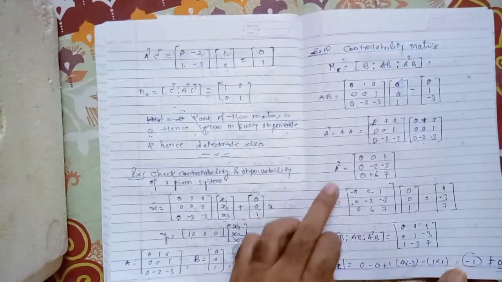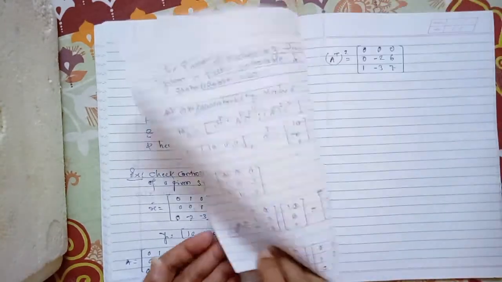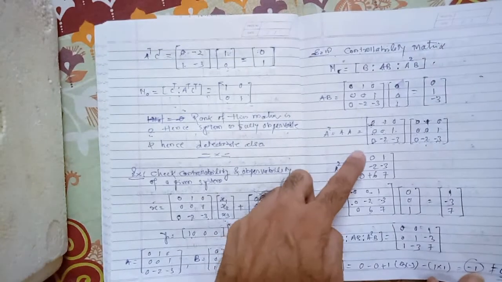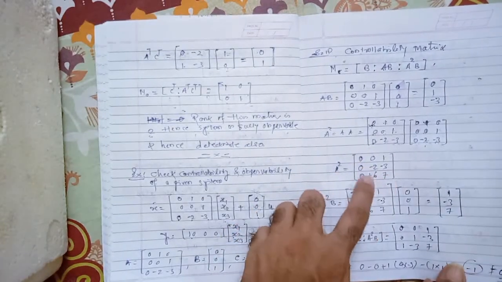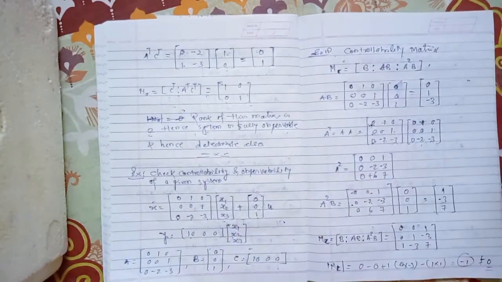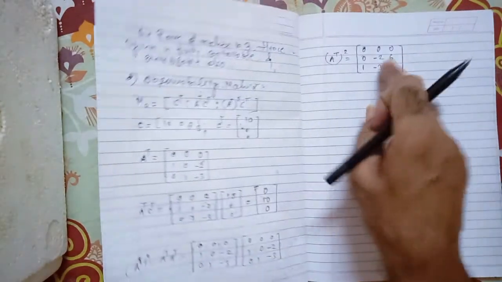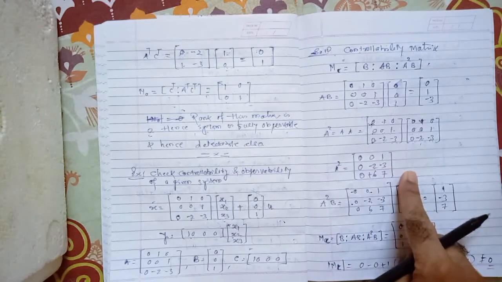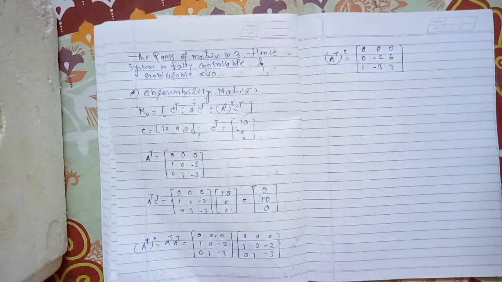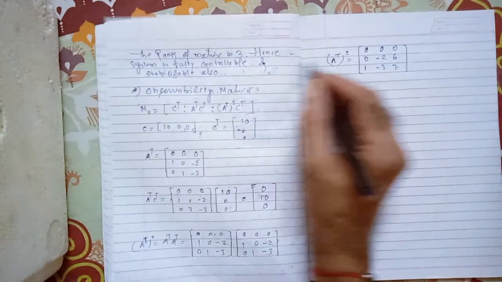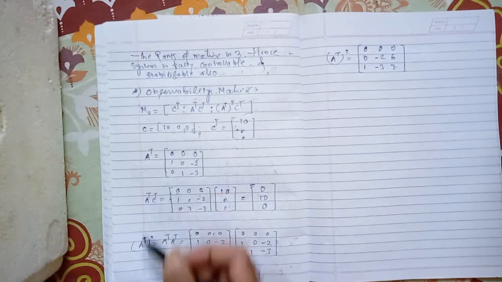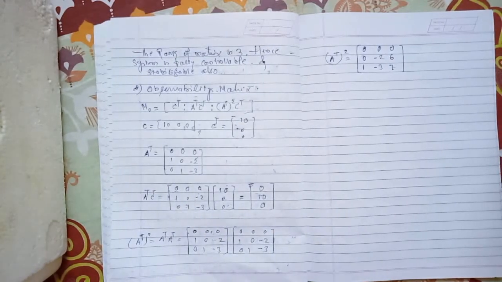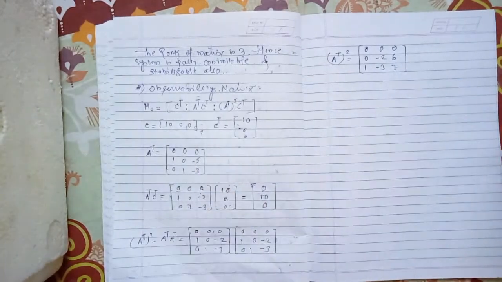See here, A square कितना आया था? 0 0 0 0, 0 minus 2 minus 6. इसका हम लोग उल्टा ले लेंगे तो क्या हो जाएगा? ट्रांसपोज ना. ए स्क्वायर का अगर हम लोग ट्रांसपोज ले लेते हैं, सो दिस बिकम्स व्हाट? This one. But anyway we will calculate like this one. First we find out the A transpose, then find out the A transpose square. The simple way. So this is my A transpose square.